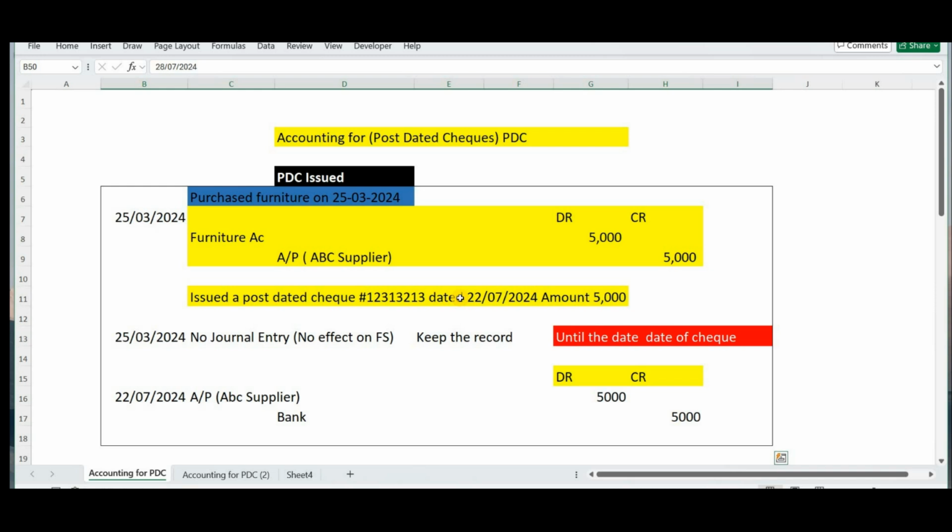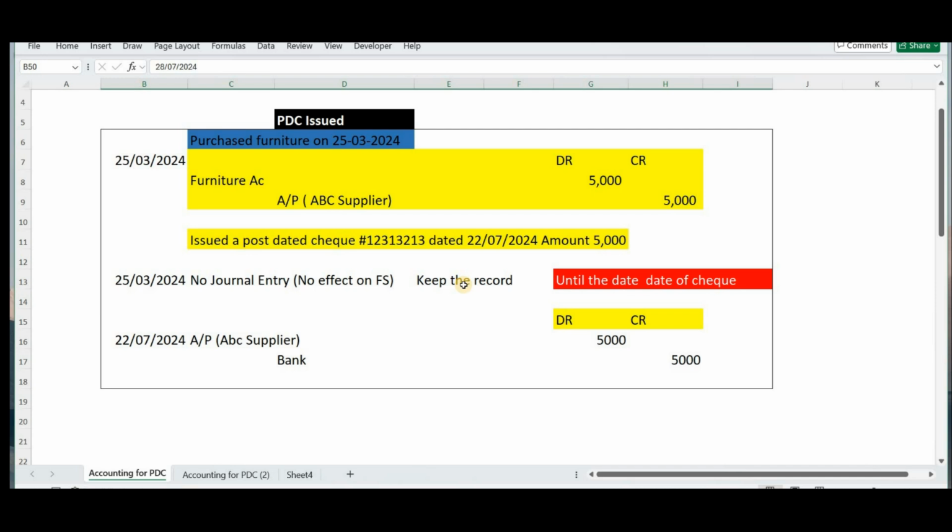You keep the record separate and on the maturity date you record it, or if your ERP system allows you to enter the check on the future date, you can do that as well. This technique can be used if you receive one or two checks during a year or issue one or two checks during a year and you are not using post-dated checks frequently and you don't want to show it in your ledger accounts. So that is simple and accounting-wise correct. You can do that as well.